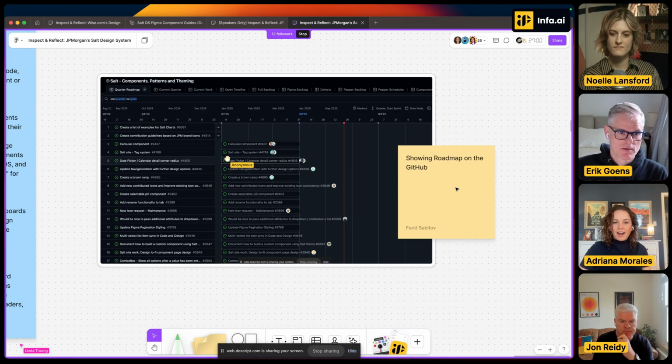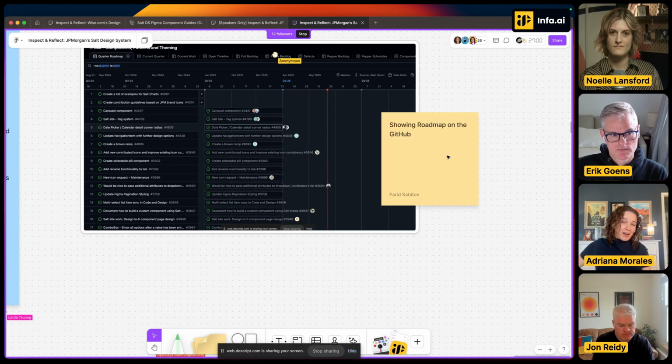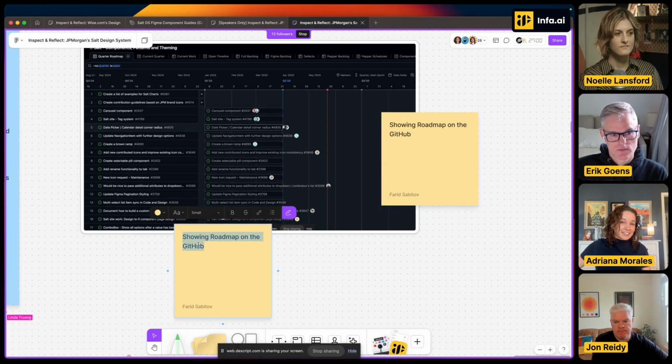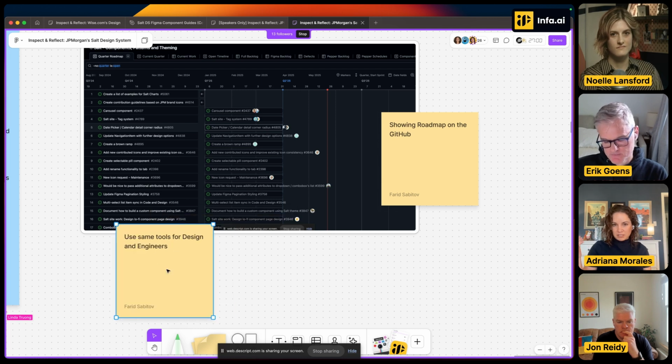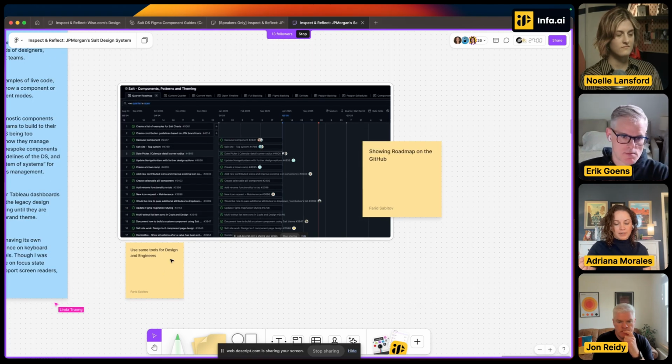Or maybe just putting a link to somewhere else? Me personally, I like to have designers and developers using a lot of the same tools, but also having designers working in things like GitHub, Jira, or GitLab, because they should be working very collaboratively and able to see where design is at when it comes to exploring the component, designing it, how it does the engineering handoff,